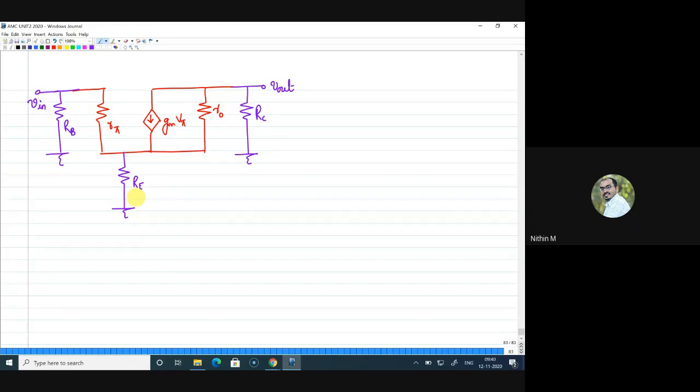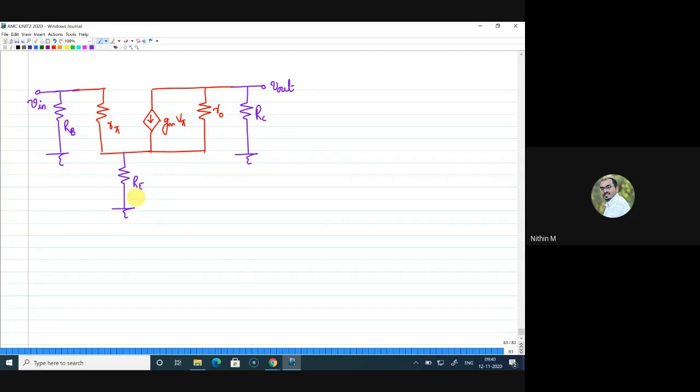Now, one thing I want to make a note of here is that we will do this analysis by slightly modifying the equivalent circuit of the BJT. We can actually do it with the same equivalent circuit, but I want to make you familiar with the other form also. So what we will do now is slightly modify the equivalent circuit in the form where I can write this gmV pi in a different way.